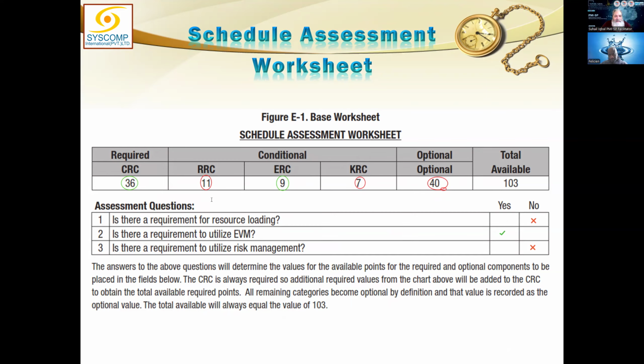Yes, sir. So our required is 36 plus 9 is equal to 43. And our optional, sorry, I should have done it in